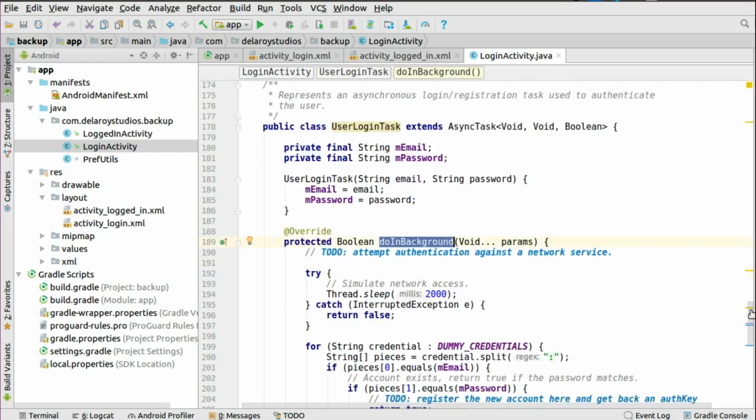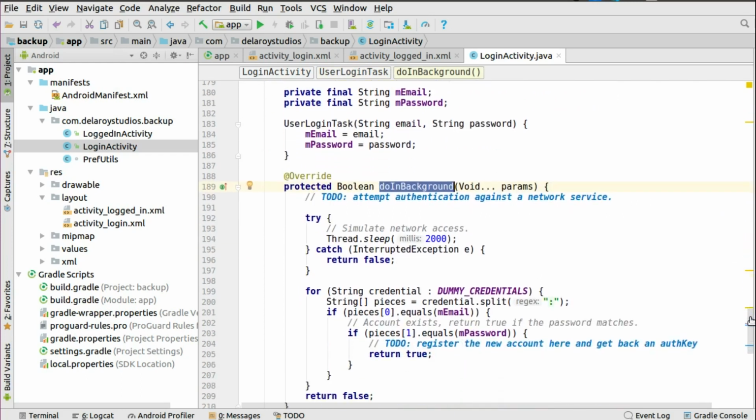So probably if you really want to use an API, you could actually do that here: share the URL with the parameters, probably the body, the header, the key, pass it along with the string, and you get the callback. But now we're going to actually simulate a network access by using a thread to give a 2-second, which is a 2000 millisecond, delay, after which the dummy credential will be assessed to see if it equals what has been set